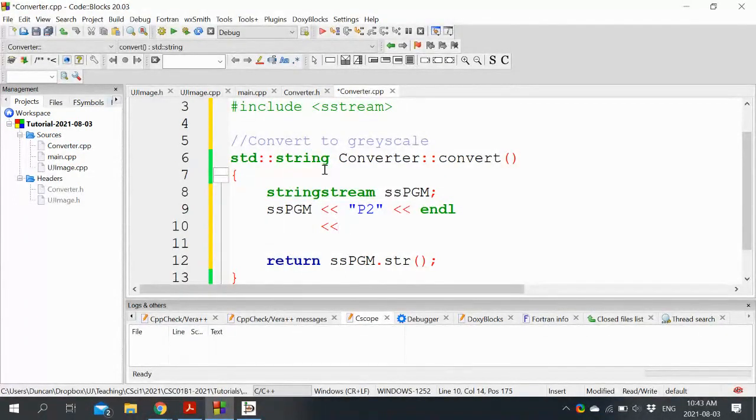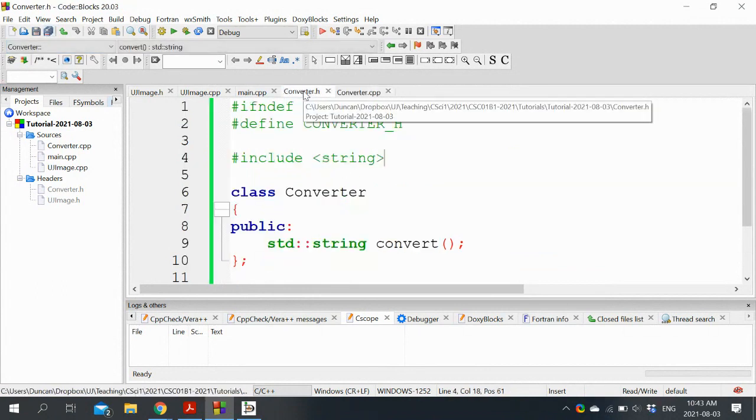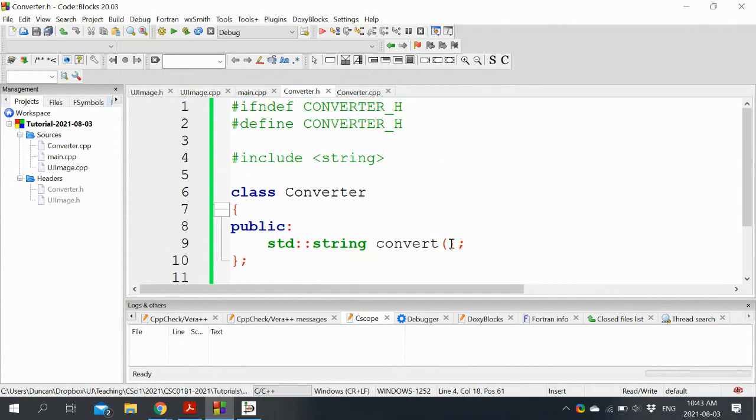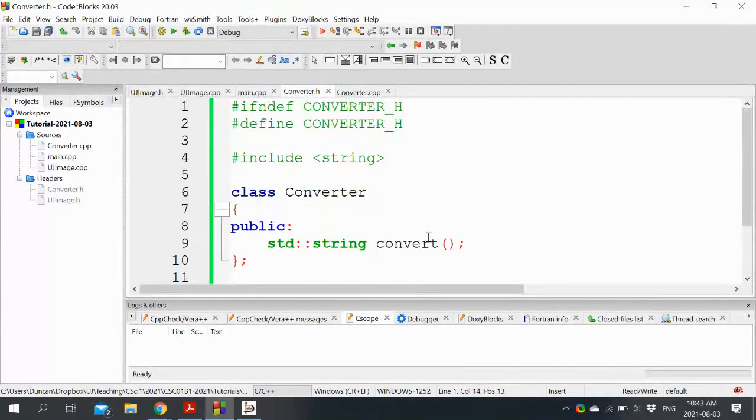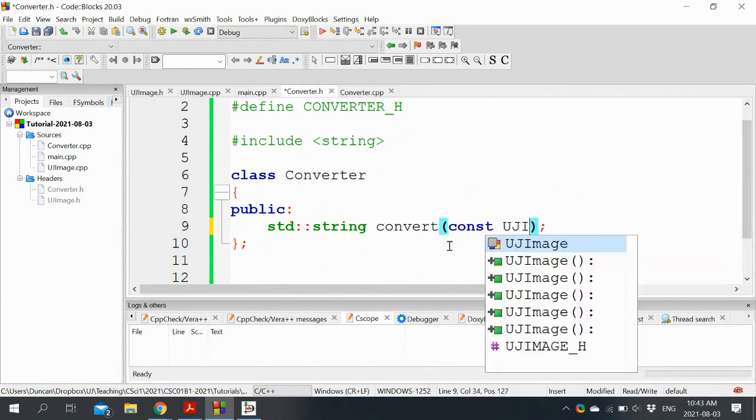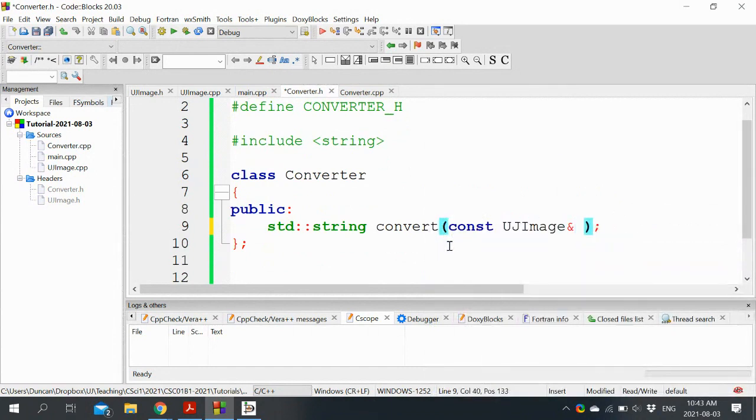It too will have its dimensions, which will be the column. Ooh, this is interesting. Excellent. This is going to be slightly more complicated than it looks at first. What we're going to have to do for the converter here is it needs to know the details of its image. So one way to do that, and this is why we do this, is to have us pass the image as a parameter. It's going to cause some interesting collisions here.